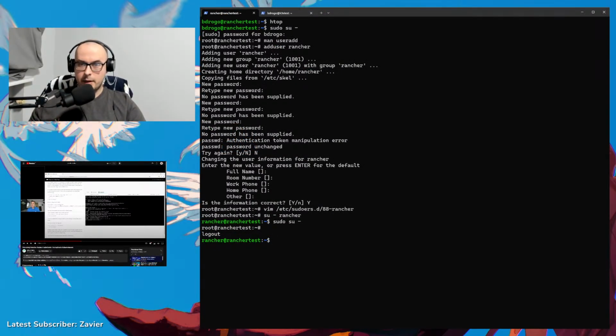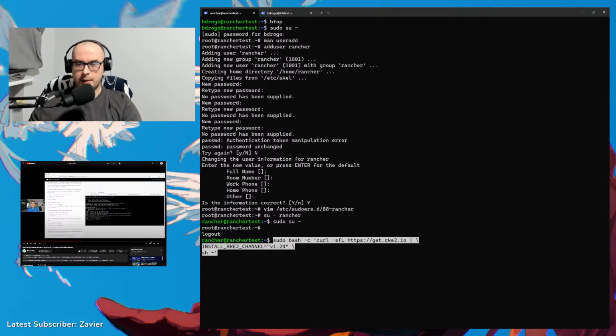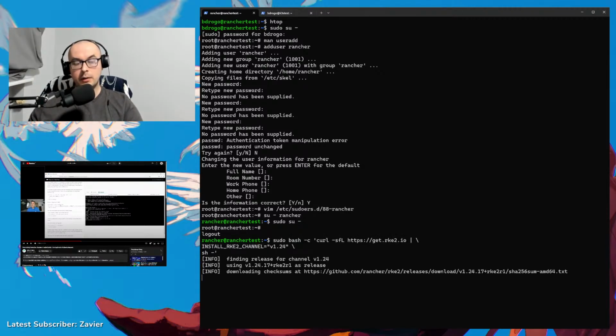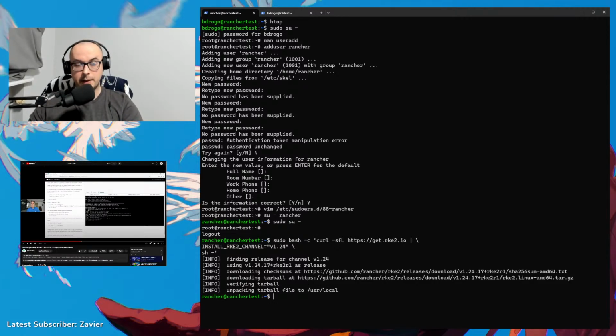So the first thing we have to do is install RKE2. And like I said, RKE2 is the SUSE or Rancher version of K3s. So we'll do just that. Also, one thing I've forgotten to mention. Notice that almost everywhere I'm specifying a version. For RKE2, I'm specifying version 1.24. I will also specify the version of Rancher itself. And that is because